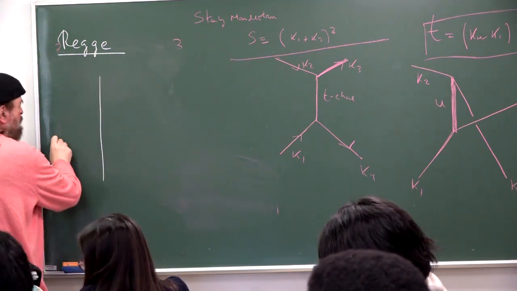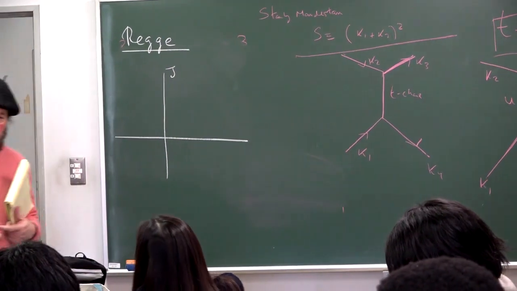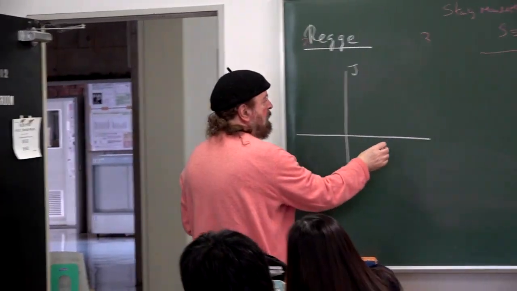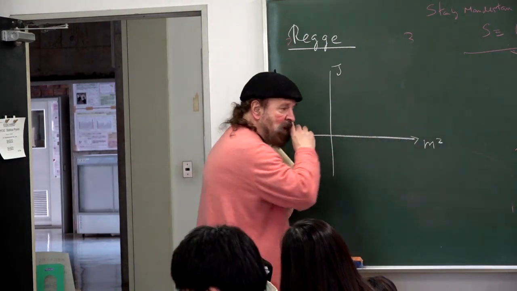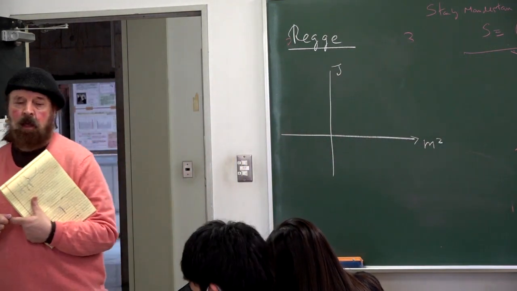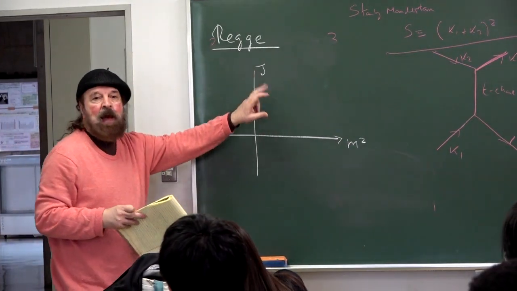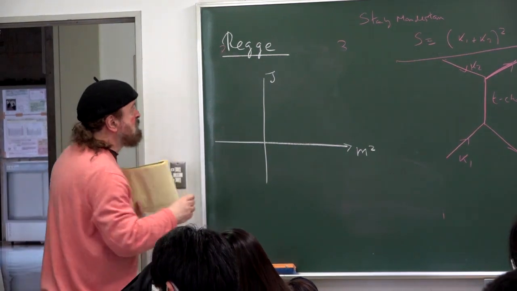So he found the relationship between the angular momentum or the spin of the spectrum of your particle and the mass square of your particle. So he found a linear relationship, a linear trajectory between the value of the spin and the mass square of your particle. And so in the bosonic string,